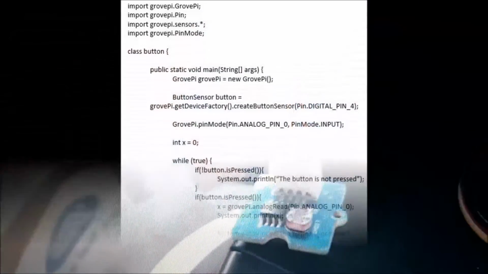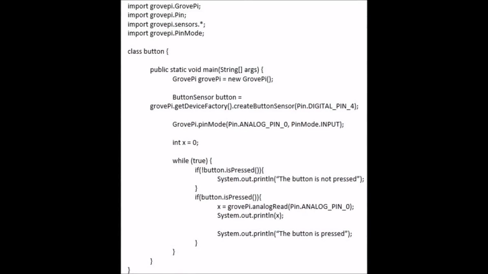We will be using a Grove Pi board, a digital input of a button, and an analog input of a light sensor. To sense whether or not a button has been pressed, we begin by creating a class. I've called mine button. We then import Grove Pi, pin, all of the sensor classes, and pin mode with the